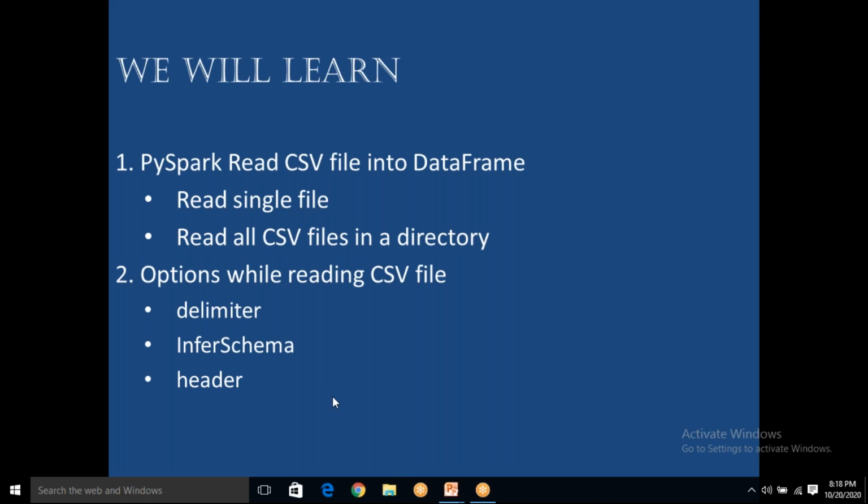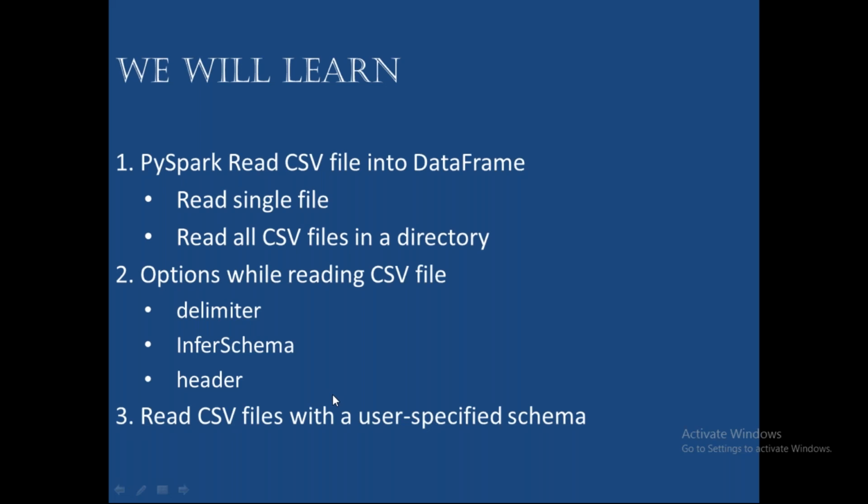Let's see. The third thing here is: read CSV files with a user specified schema. What is a user specified schema? If you remember the option infer schema, what is happening in infer schema? You first read the data. By default all columns are string. When you use infer schema equal to true, again Spark is scanning the entire data, reading the entire data again